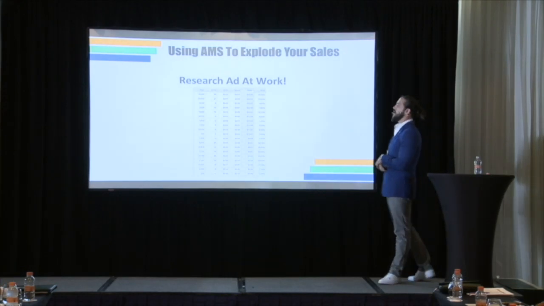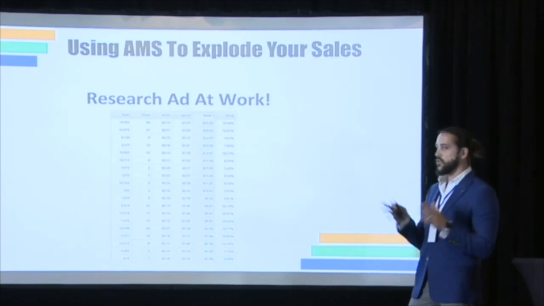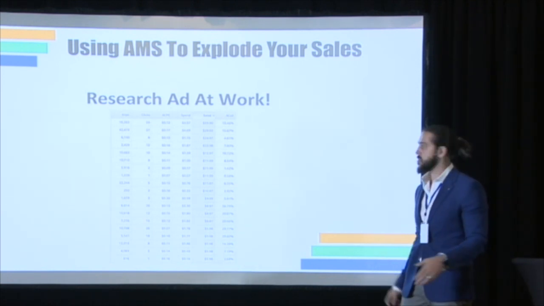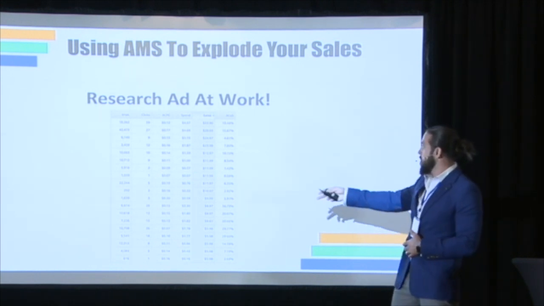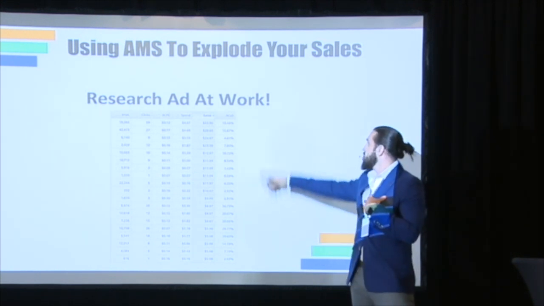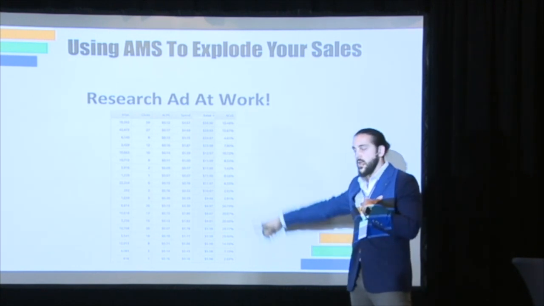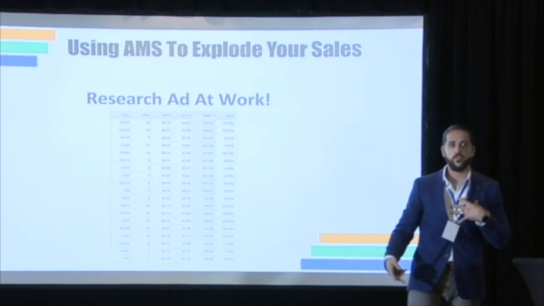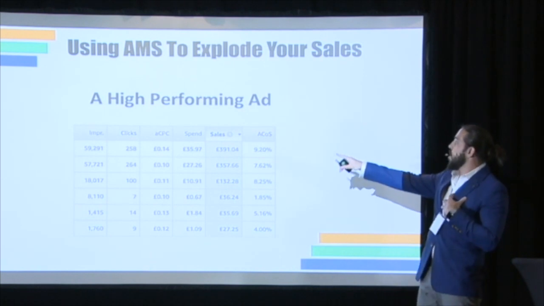So here's a research ad. And this is what you should be starting off with. You're doing research. You have no idea what the market's like. You have no idea how well your book's going to sell, for which keywords. So this is just an example of a research ad that you might have. You see, if you follow my strategy, that the ACoS, which is the advertising cost of sale, is very low. This is what you want to aim for. You want to drive sales and reduce spend while you're researching. You don't want to overspend. So that's the goal.